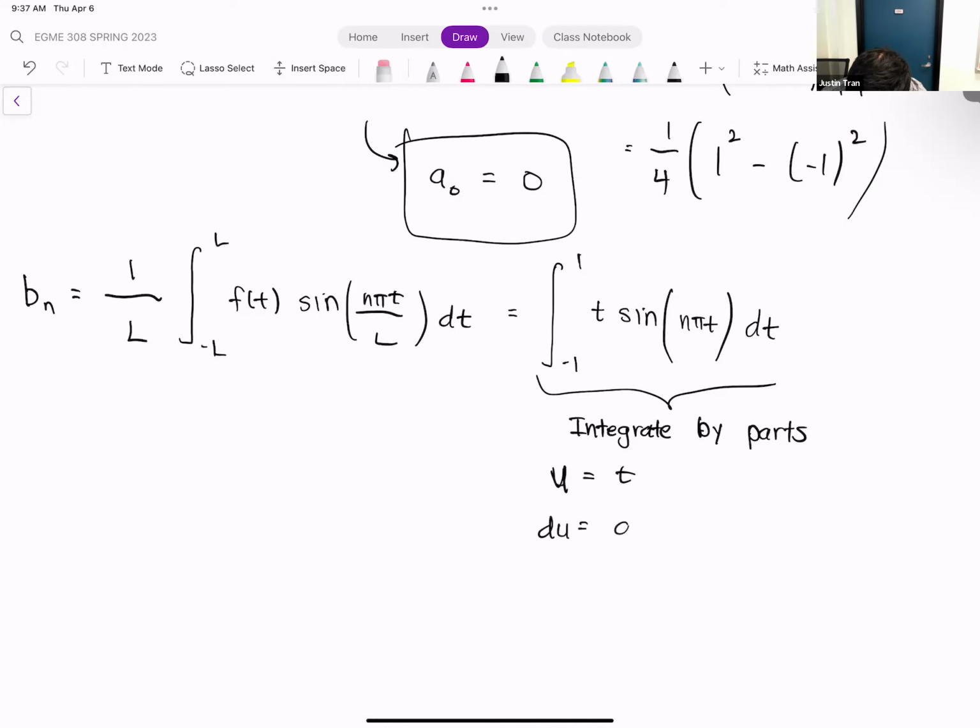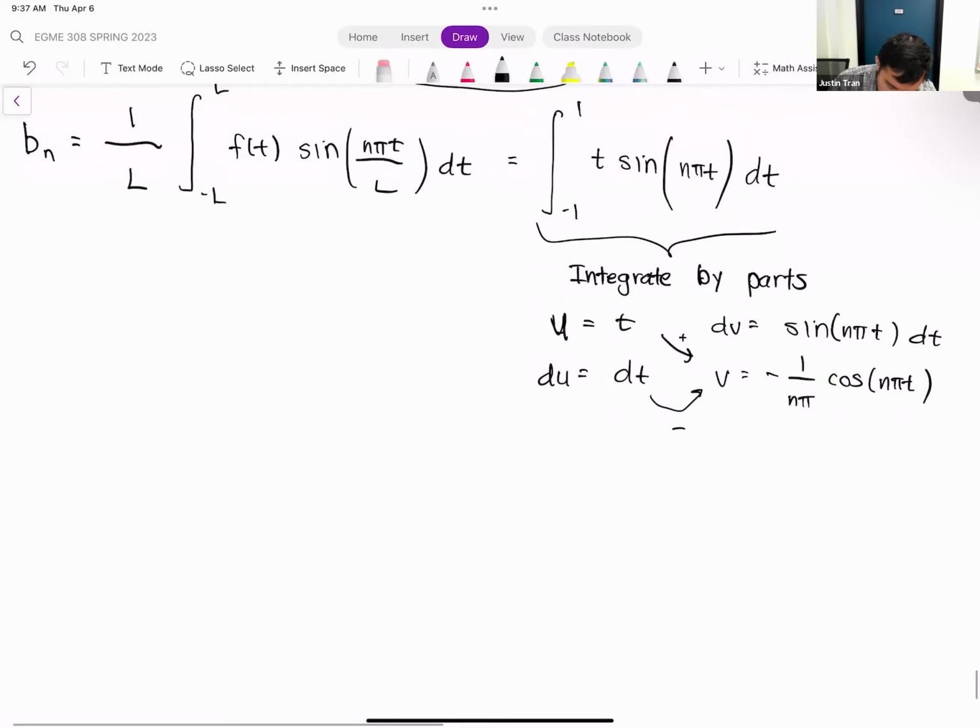The du is just going to be equal to dt. dv here is going to be sine of n pi t, and that means v here is going to be -1 over n pi cosine of n pi t. So we do this plus sign, this minus sign, and so that means our integral from -1 to 1 of t sine of n pi t